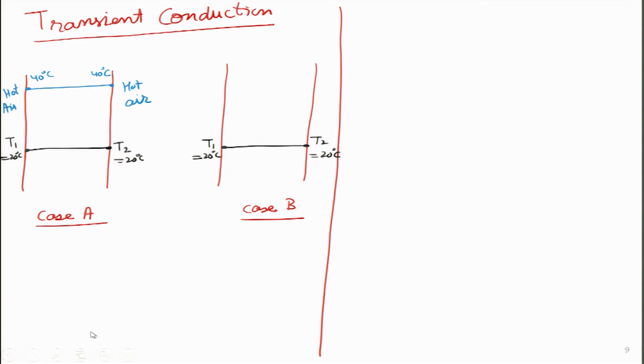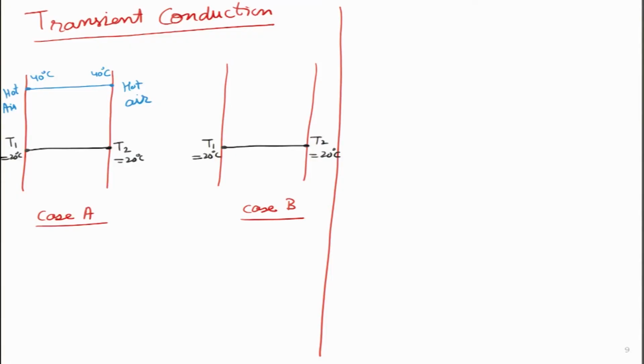As we can guess, the heat is going to come from the sides of the two walls and it's going to penetrate towards the middle. And as it happens over time, maybe 10 seconds, 20 seconds, 50 seconds, the temperature of the wall would start to increase. How would it increase? Let us see graphically over here.